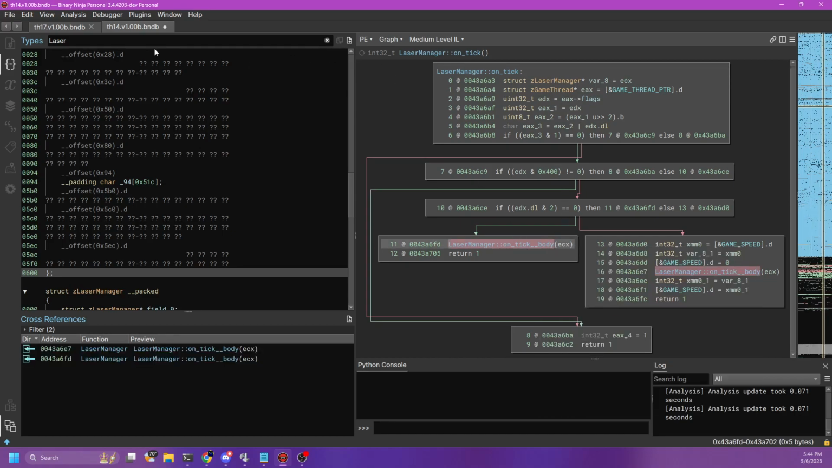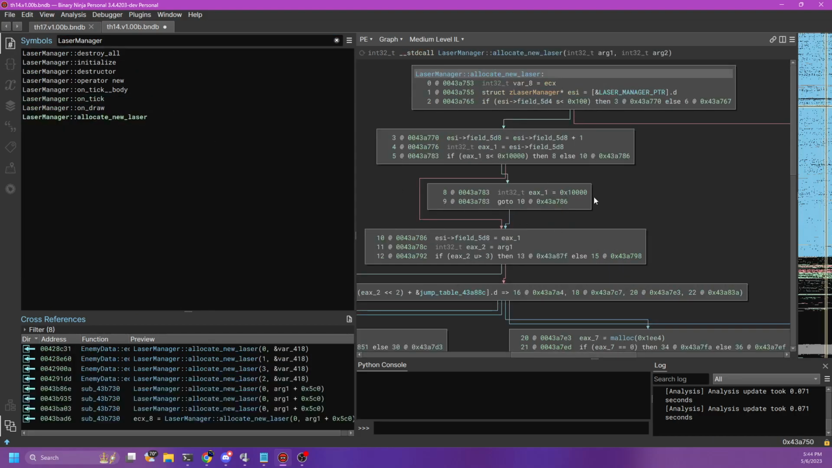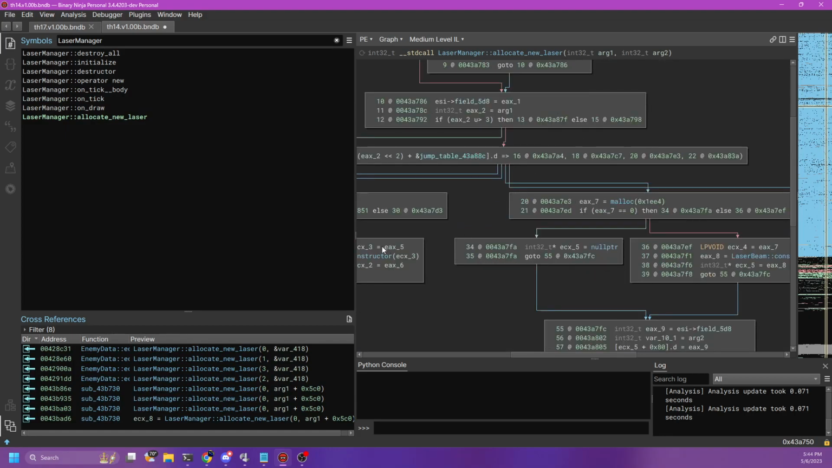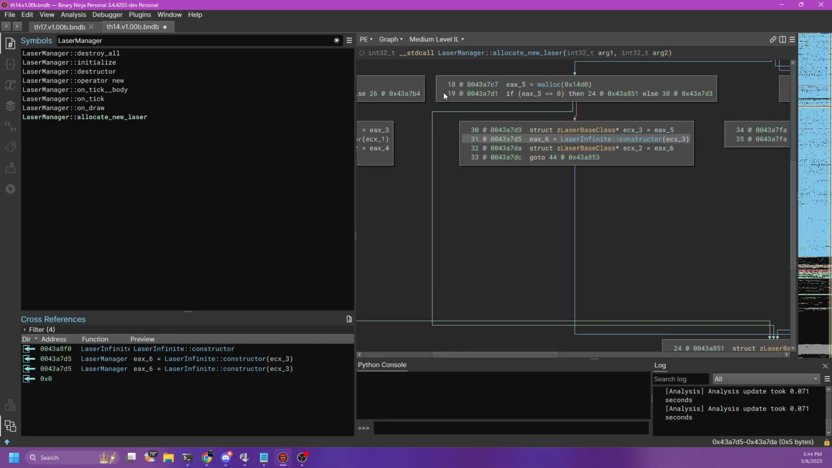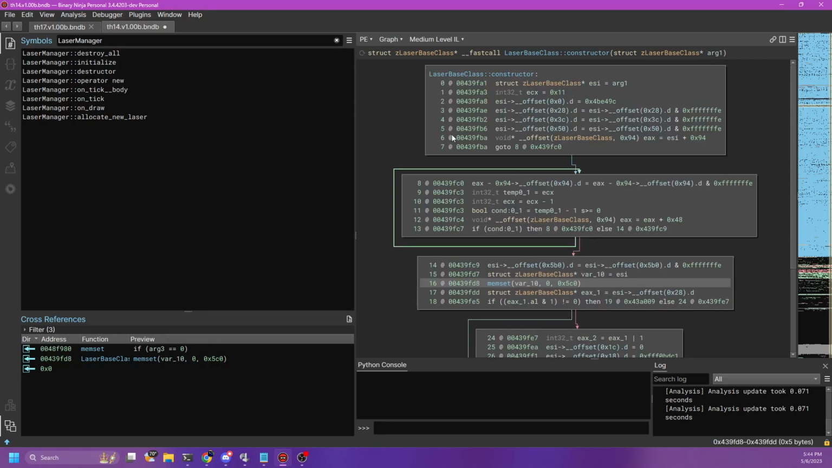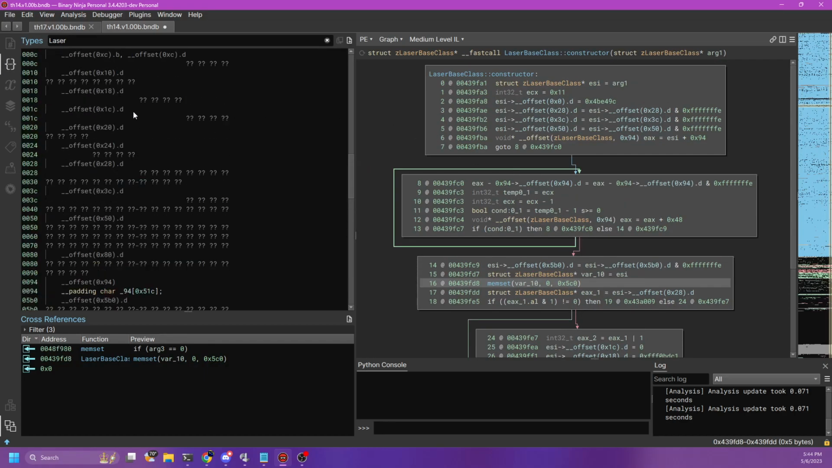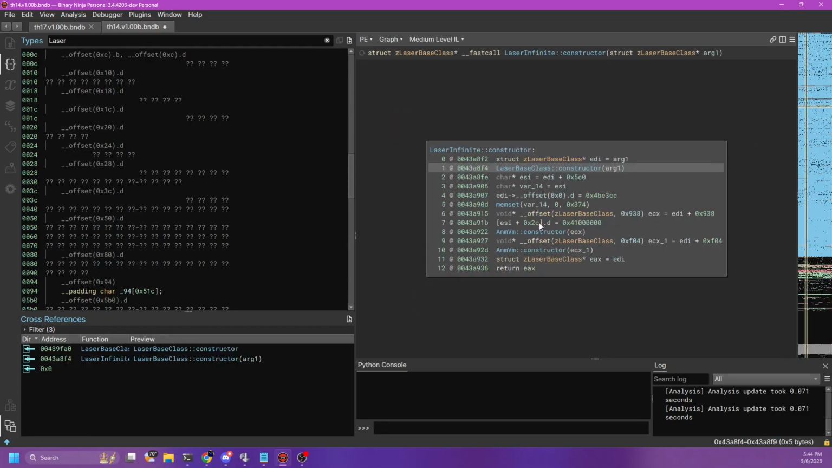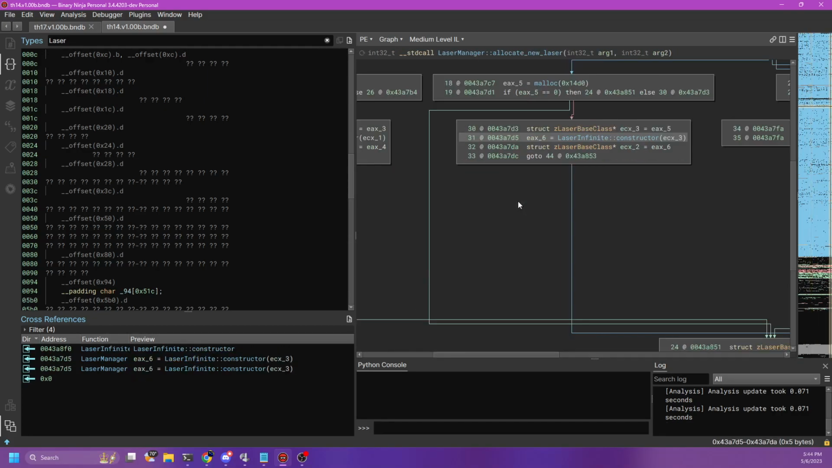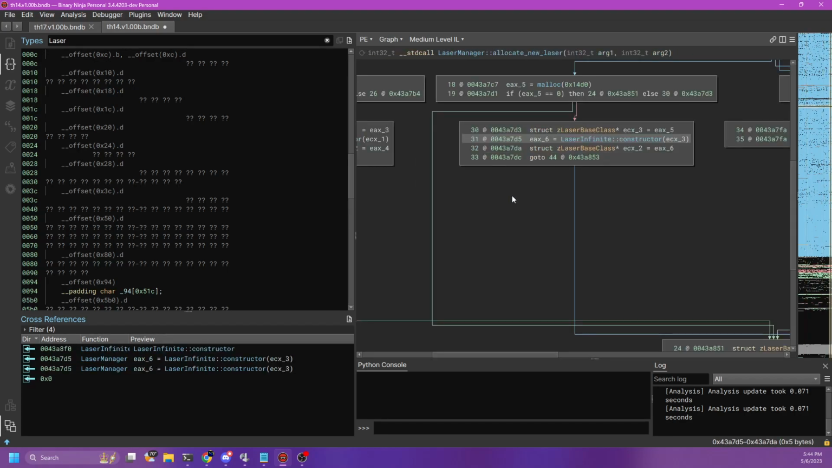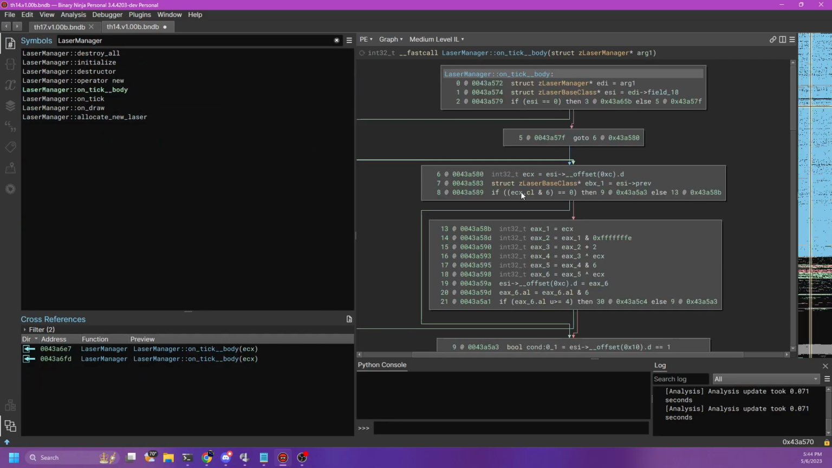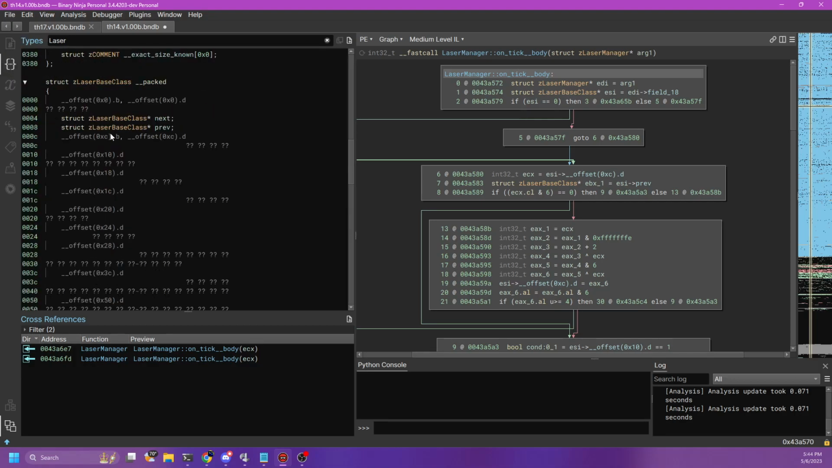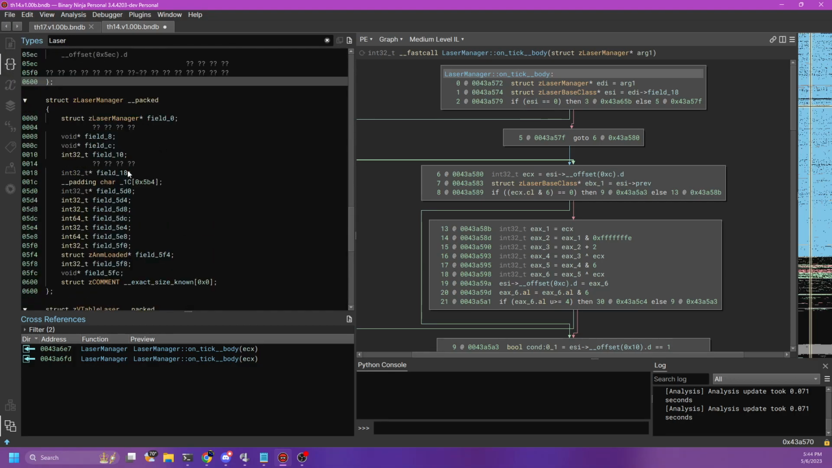Was that right? Why am I on Laser Manager on tick right now? I was in Allocate New Laser. Constructor, 5C0. Okay. All right. So now I'm trying to get back to on tick body. Okay. So in Laser Manager now,